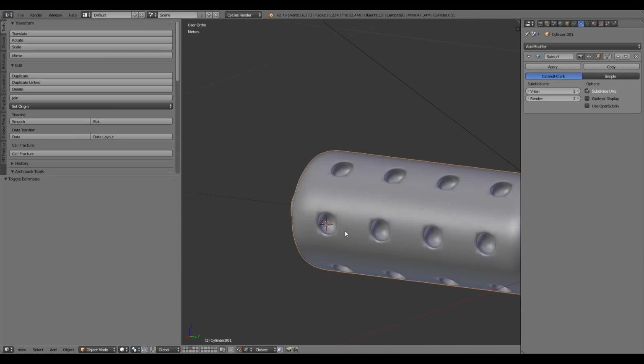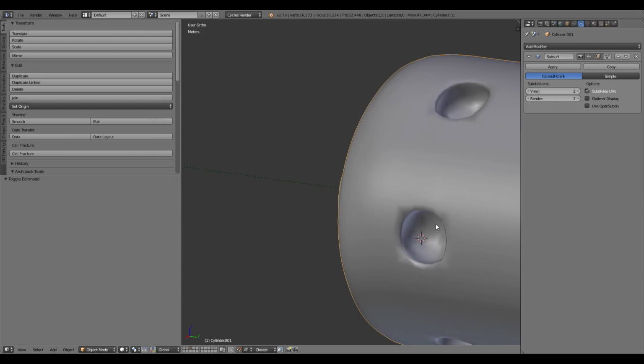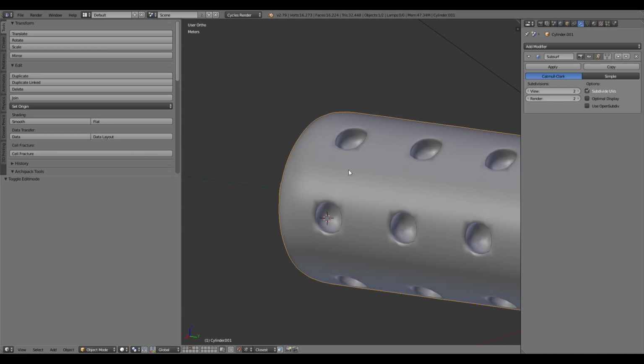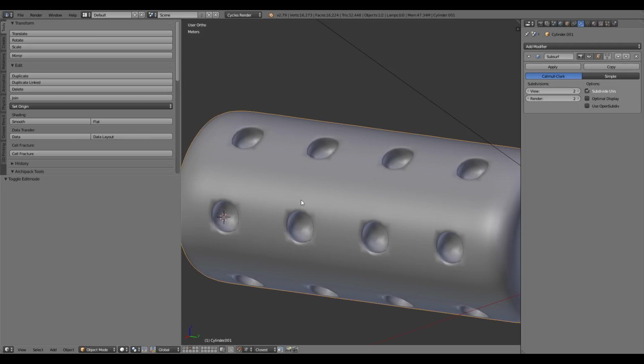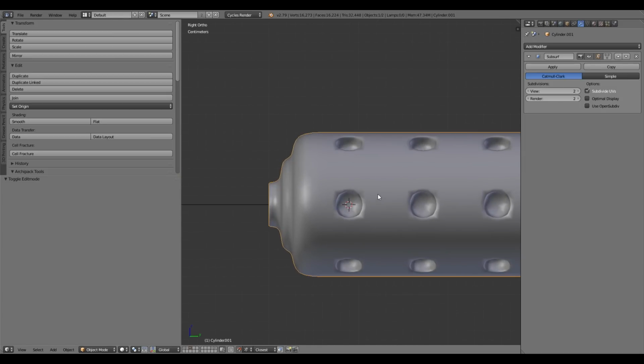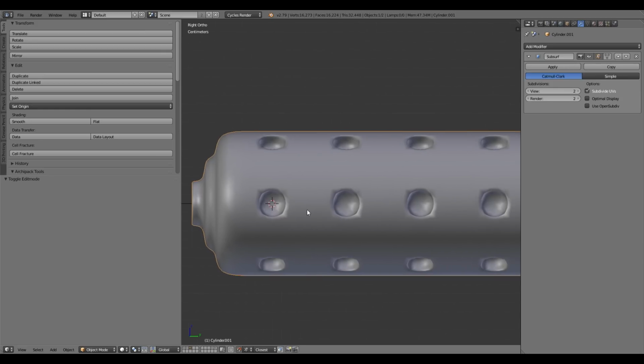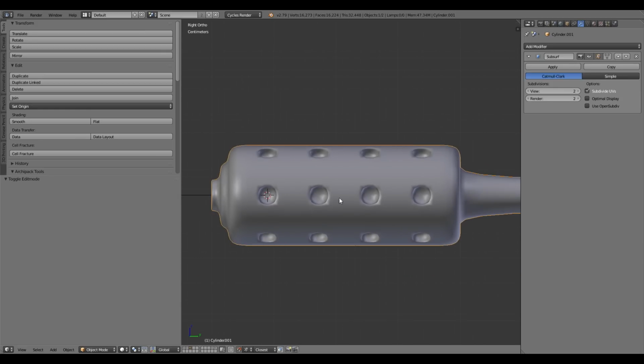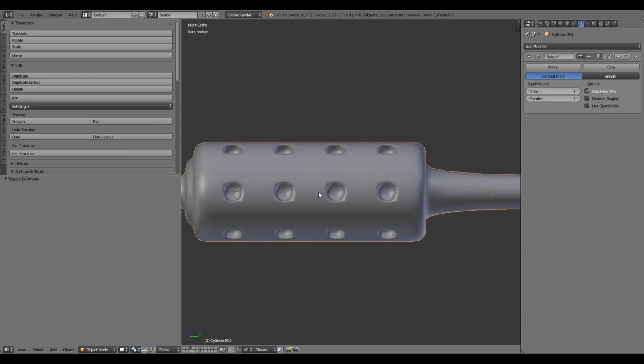Now this is all really well and good, these sections, except there's a bit of buckling around here, and also what I like about some barrels is that every second row is offset by 1, and so we can go ahead and edit that because it's a nice even mesh. We can also go backwards and forwards by slicing out sections, and once we've edited something, reduplicate that, and then offset a couple of those by slicing out sections, rotating, and then restitching everything together. So I'm going to go ahead and do that, but first I'm going to show you how to get some